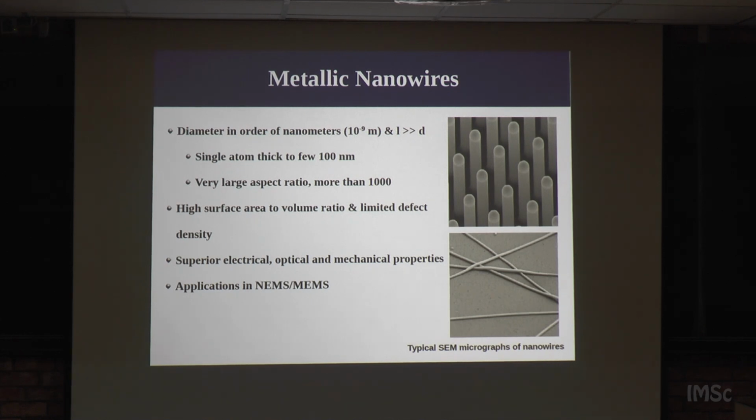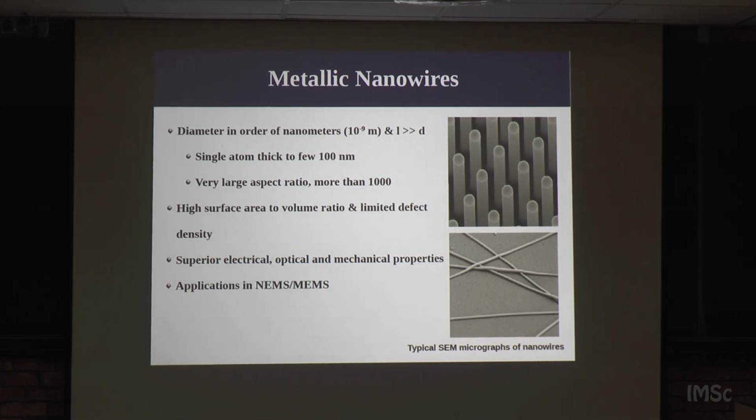As we all know, nanowires are wires which have diameters in the range of 10 to the power of minus 9 meters, and have an aspect length much larger than the diameter. The diameters range from single atom thick to a few hundreds of nanometers, and they have an aspect ratio larger